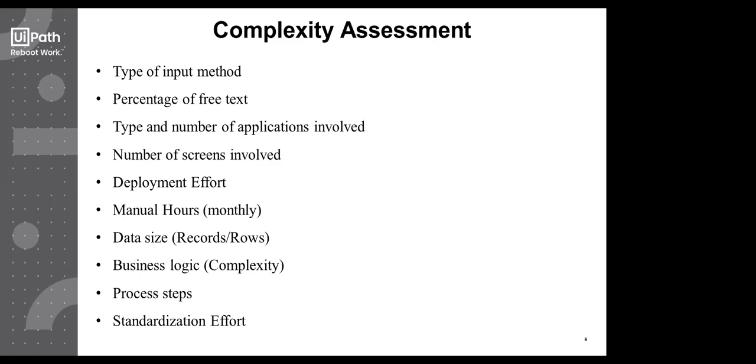Then percentage of free text, that is, what amount of the text or data involved in the process is free text, which is unstructured. And type and number of applications involved. By type we mean, is there any Citrix, VDI or anything like that involved, like a virtual environment, and the number of applications involved. Say you have two web portals, one Windows application, and then an SAP or any ERP tool. That also plays a role while assessing the complexity, because then you have to automate all those. Your process then even includes web automation. It also includes Windows automation or recording, or if it's Citrix, then Citrix automation.